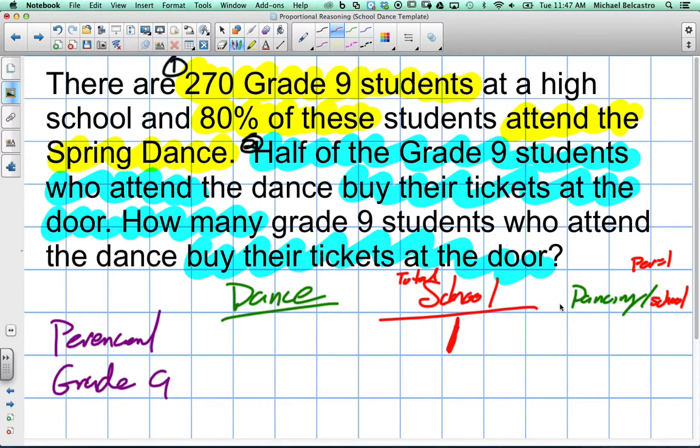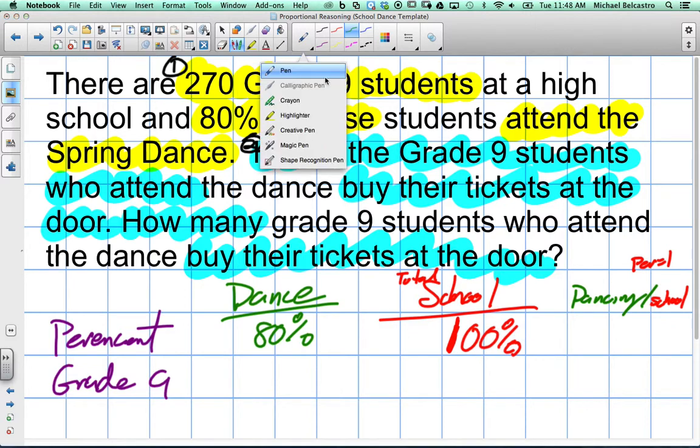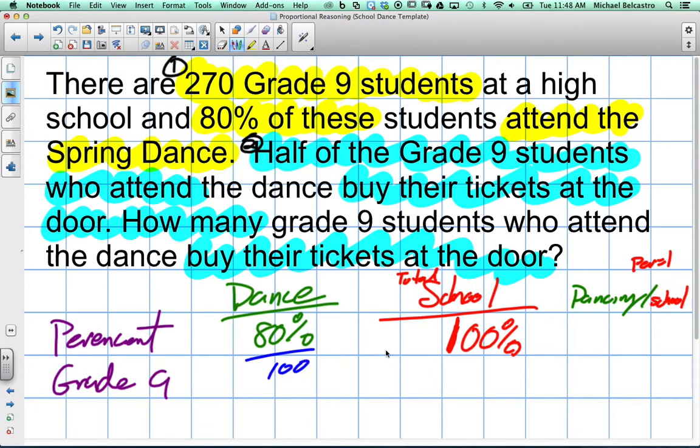Well, they've actually already told us our percent rate of dancing kids. Think of 1 as a percentage. If it was to be a percentage, 1 would be the equivalent of 100. And same with our percentage of kids dancing. Well, there are 80% of the kids dancing at the school. Now, first thing we want to do is convert these percentages to decimals. And in order to do that, we need to divide both of them by 100. If we divide 100 by 100, we get that idea of 1,